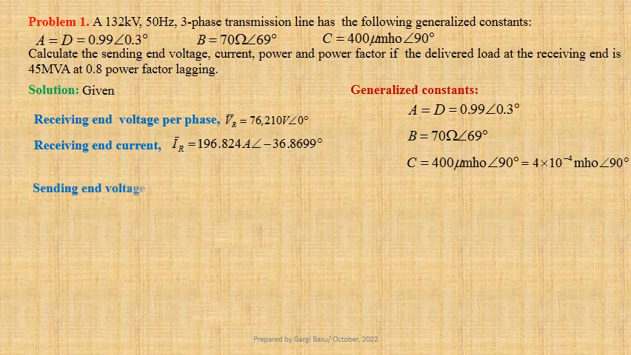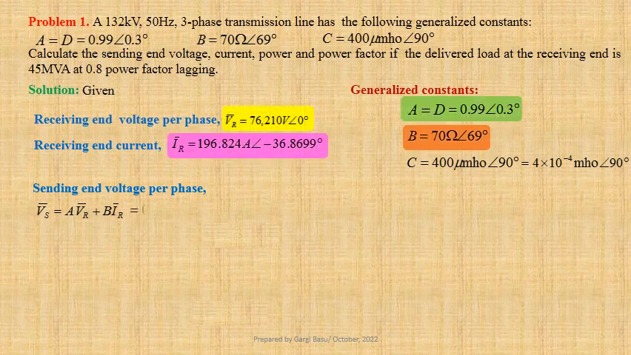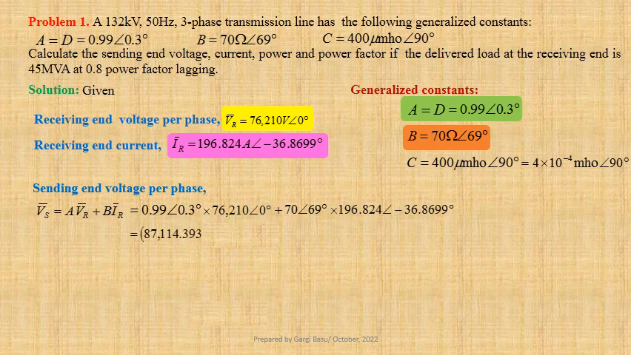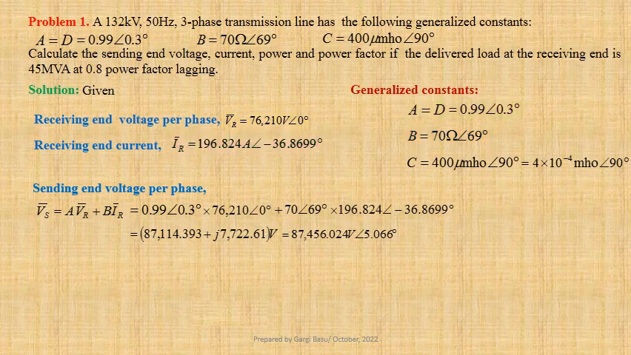Expression for sending end voltage per phase Vs equals A times VR plus B times IR. Using values we get 0.99 at an angle 0.3 degree into 76,210 at an angle 0 degree plus 70 at an angle 69 degree into 196.824 at an angle minus 36.8699 degree. That gives us 87,114.393 plus j times 7,722.61 volt. This may be written in polar form as 87,456.024 volt at an angle 5.066 degree,